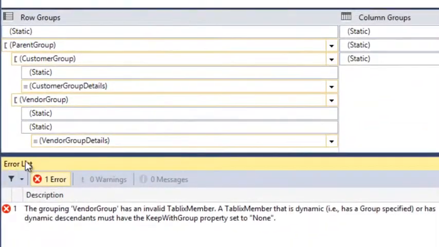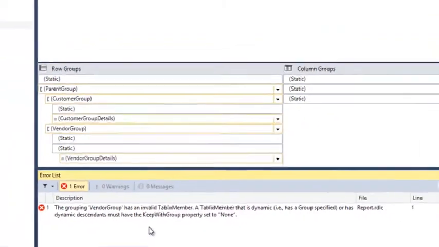As you can see down in the error list here, I get a strange error that this is not working, and I expected it to work because I want my vendor group header to be repeated on each page. But let me show you how to work around this bug in Visual Studio, how to fix this so your report will look nice. So let's do that now.